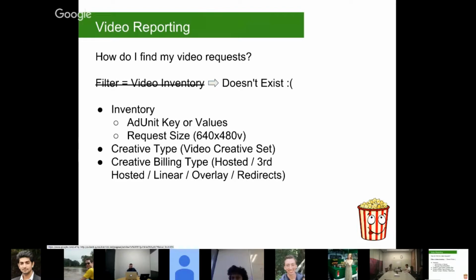So if you need to get how much video inventory you have, including unfilled and code served, you need to use the request size. For all other analysis, you have the creative type, which is video creative set. If you filter by video creative sets, you get all the impressions for video creatives. But since you're filtering for impressions, you don't have unfilled. That's why sometimes you need to use the request size to get the total video inventory, because that's the only one that will bring